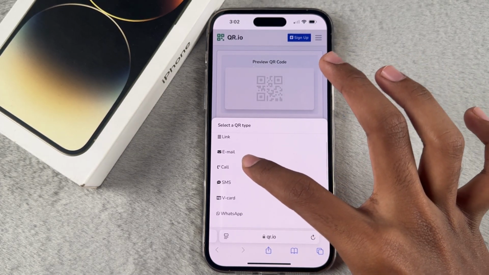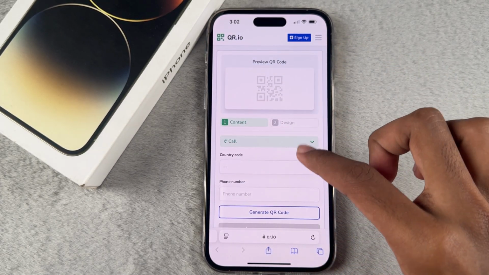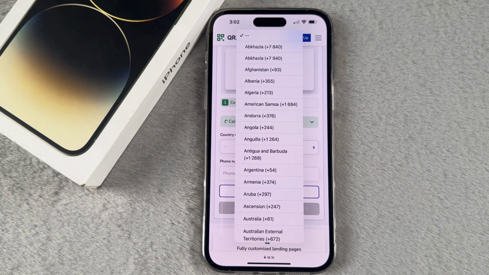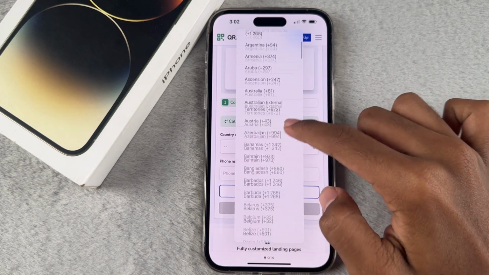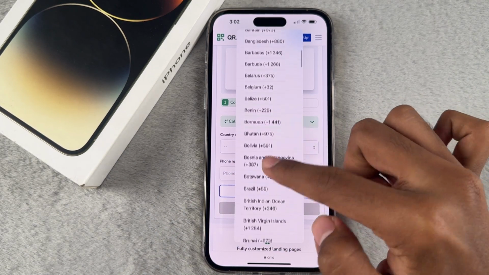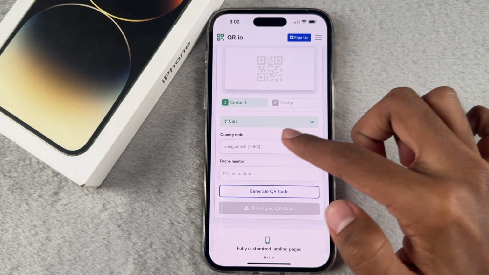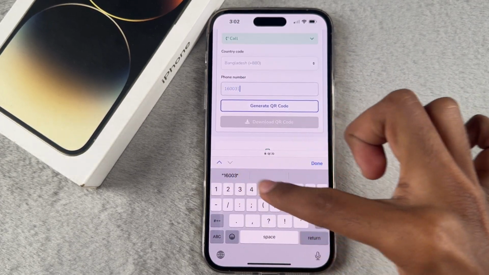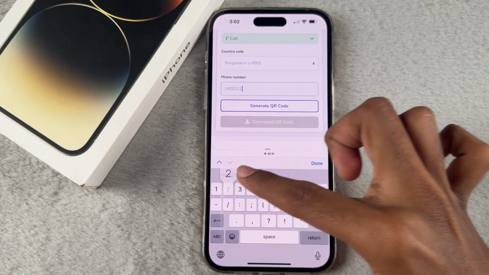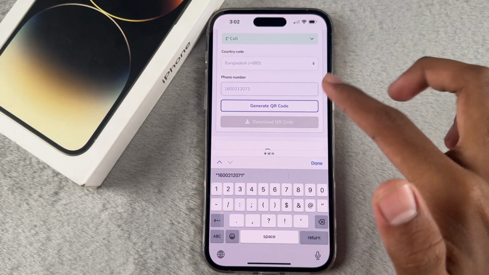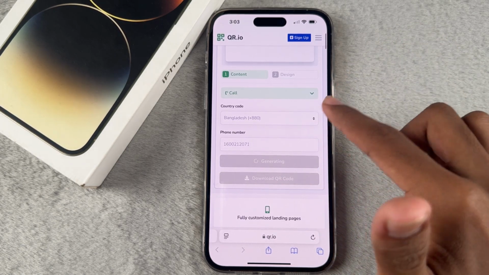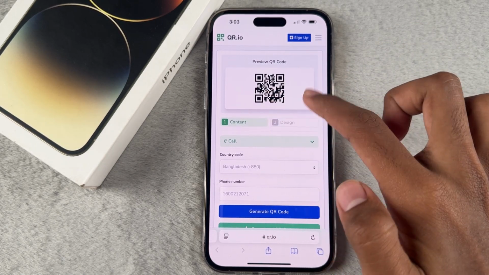You have to choose call from there, then you have to enter the country code of the contact you want to make a QR code for. So just like I have chosen Bangladesh, and enter a number like this. Okay, then tap the done option here, then select generate QR code from here, and here you can see